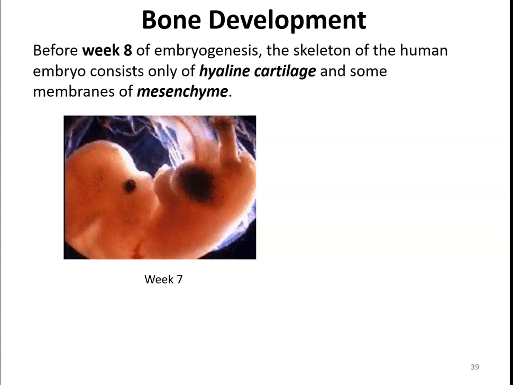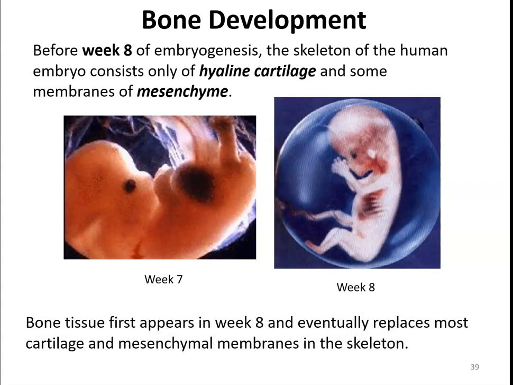So an embryo has mesenchyme, and the cells in that mesenchyme, they divide and have daughter cells. Their daughter cells divide and have daughter cells. Those cells divide and have daughter cells. And eventually some of those daughter cells become bone. Some of them become cartilage. Some of them become blood cells. Some of them become CT proper. So that's mesenchyme. And so bone is going to appear around week 8 and slowly